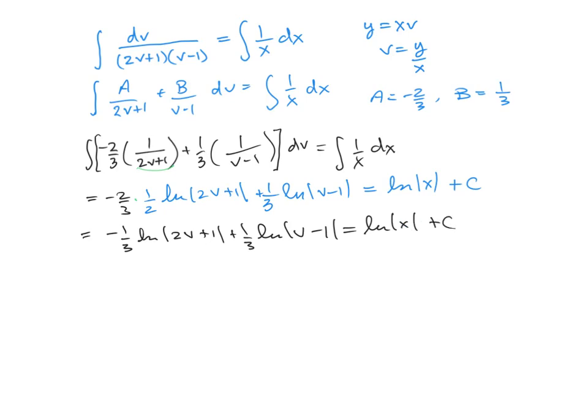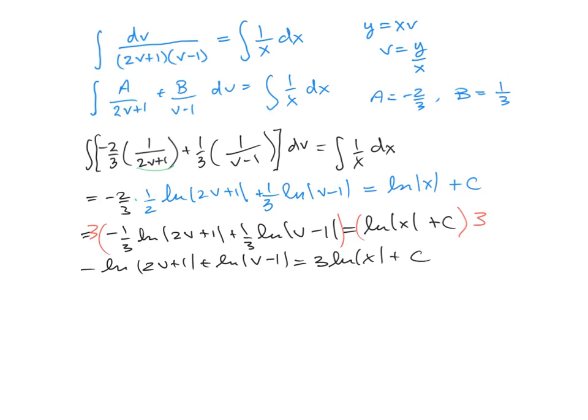All right, now we can multiply this whole thing through by a 3 to clear out the fractions. And in doing so, we're going to have negative natural log of 2v plus 1 in absolute values plus natural log absolute value of v minus 1 equals 3 natural log absolute value x plus an arbitrary